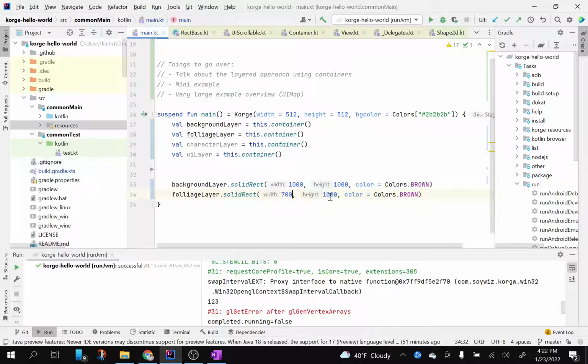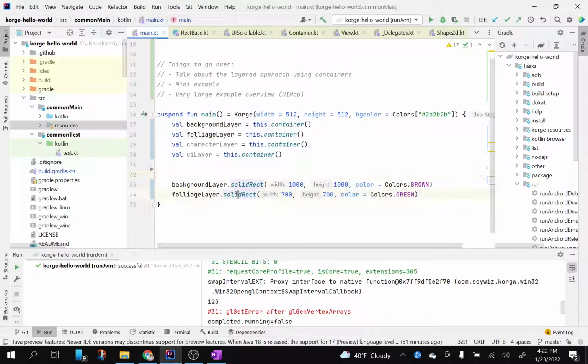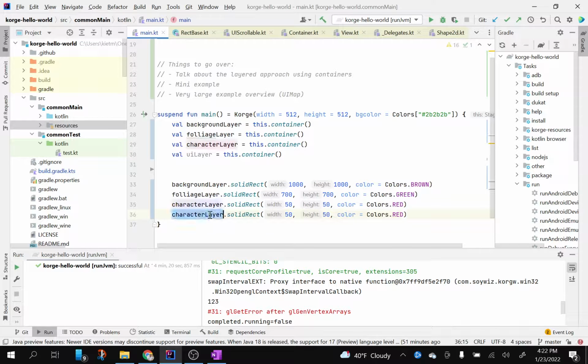So let's do 700 by 700. This can be green. Next, we can have a character layer, which is 50 by 50, and this could be red. Then finally, our UI layer could be